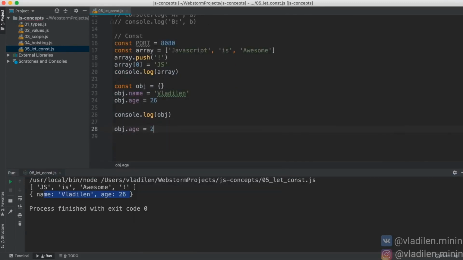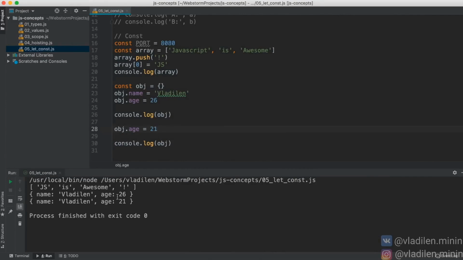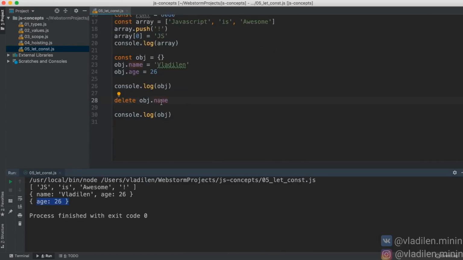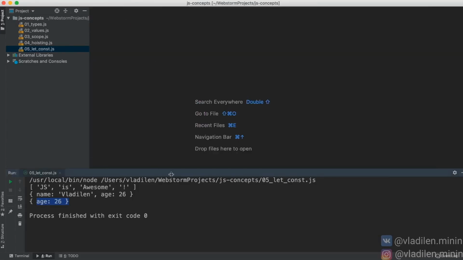So let's say obj.age will equal 21. Looking at obj, we will see 21 here obviously, meaning that I can change the internal values of the object freely. I can delete them using the delete operator, for example, delete obj.name, and we will only get the age field. This is the same story, but we cannot set obj to an empty string or a number because we can only change the internal state of this object. Okay, everything is good,